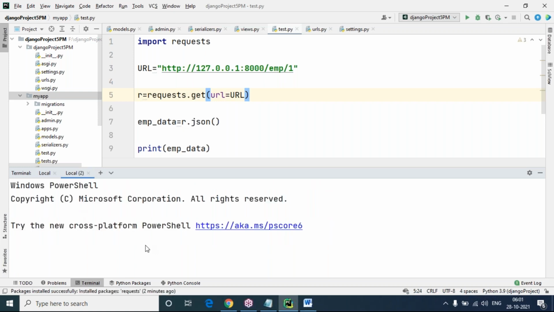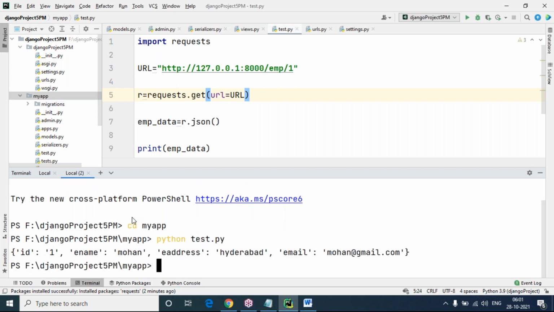Now you can see I'm going to run test.py here. My Django project is here, but my test.py is available in my app only. So let me cd my app. After that, python test.py.